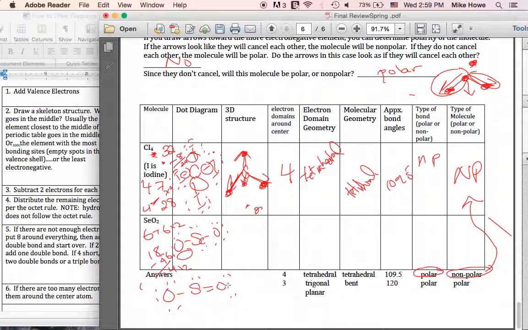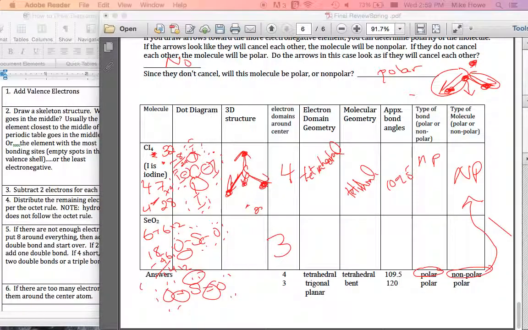So I think I put 8 around everything. 1, 2, 3, 4, 5, 6, 7, 8. Around the sulfur, 1, 2, 3, 4, 5, 6, 7, 8. Around this oxygen, 1, 2, 3, 4, 5, 6, 7, 8. So everything has 8. That's our dot diagram. Skip to domains. How many domains do you see? 1, 2, 3 domains. So the electron geometry for 3 domains,